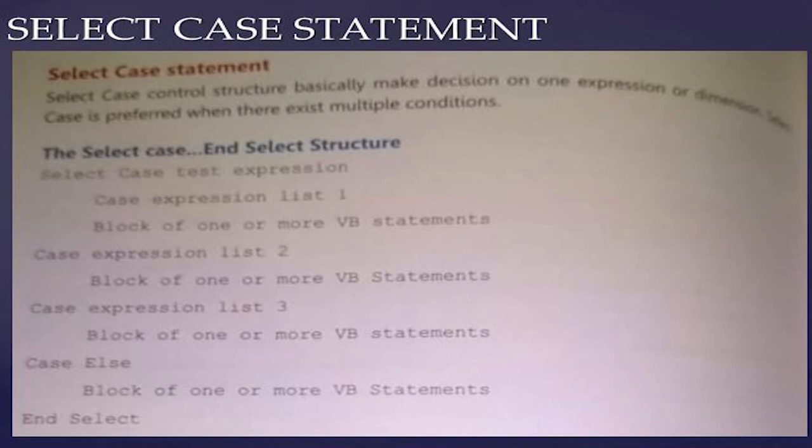See here now, the next example. If you got first position, then it should be excellent. If you got second position, it should be very good. If it is third or fourth, then it should be good. If it is above that, fifth position, then it should be better luck next time. That means multiple conditions are accepted here. In these cases we use select case.